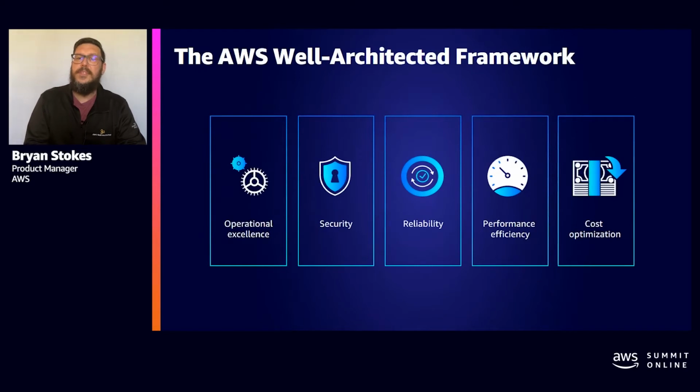Now, before we jump into the ways we can do this, let's get grounded on what is AWS Well-Architected and the tool that can help you evaluate and understand the best practices as they're applied in your workloads. Notice I said workloads, because most companies have more than one workload, and larger enterprises could have hundreds or thousands of workloads. The AWS Well-Architected framework provides a consistent approach for customers and partners to evaluate trade-offs and implement designs that can scale over time.